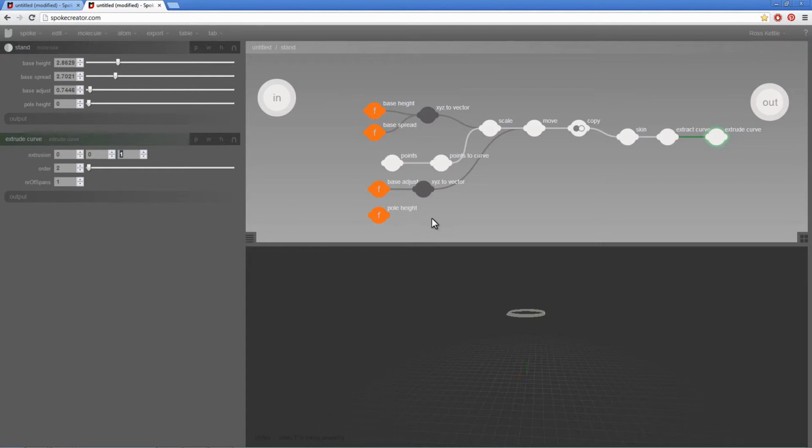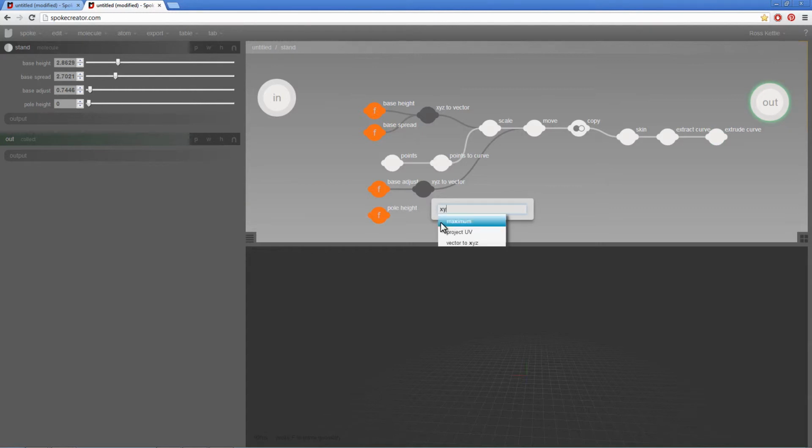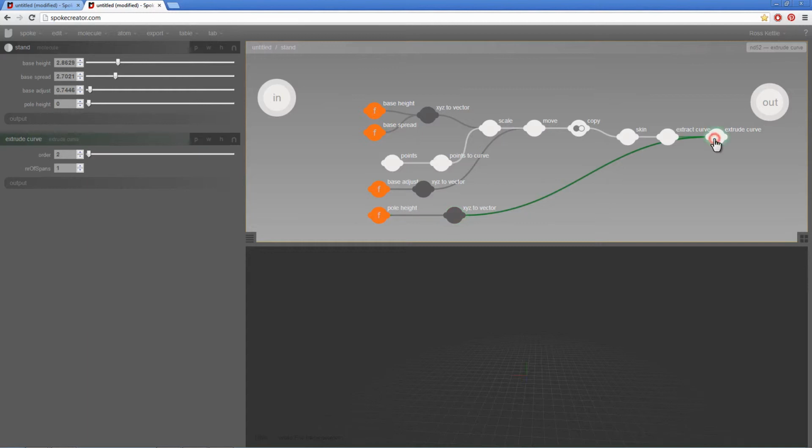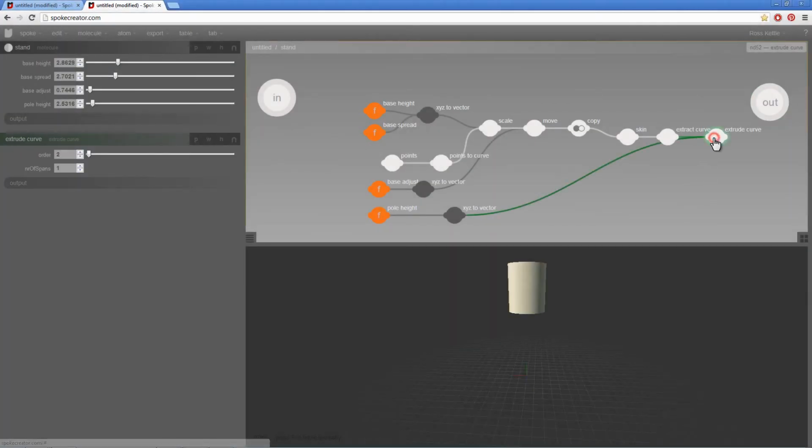So I'll create another XYZ to vector, and link the pole height to the y-axis and connect that up to extrude curve. At the moment pole height is 0, so here we go. We now have both the pole and the base,